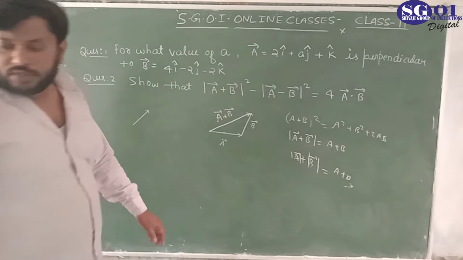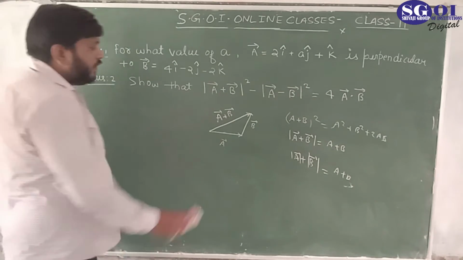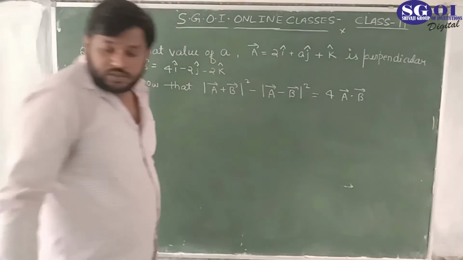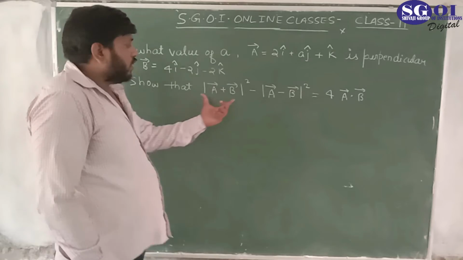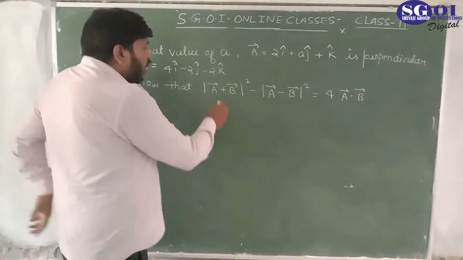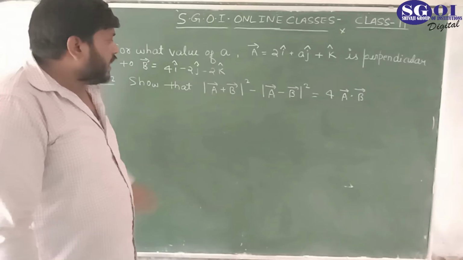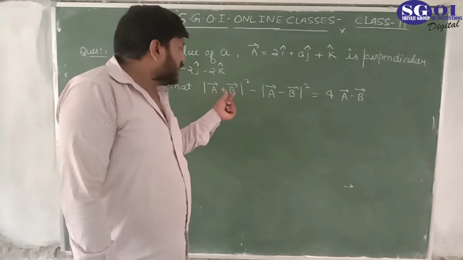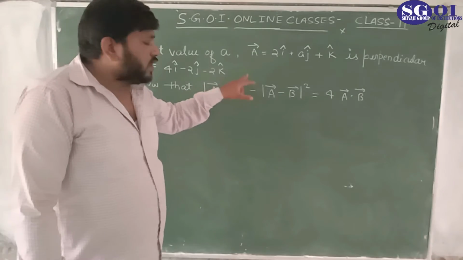So how would we solve this particular numerical problem? We would use another method, another way, so that we can find the solution for this resultant. So mod of a plus b. We know that the sum of two vectors is also a vector. This is a plus b, the resultant vector, and this is the mod of a plus b whole square.